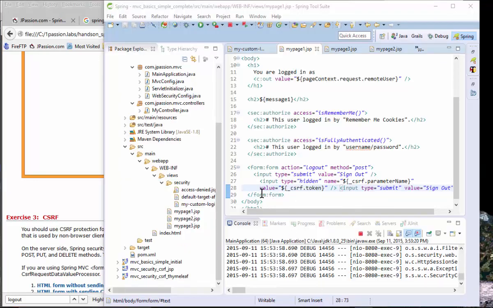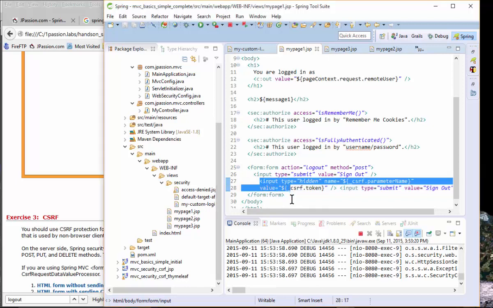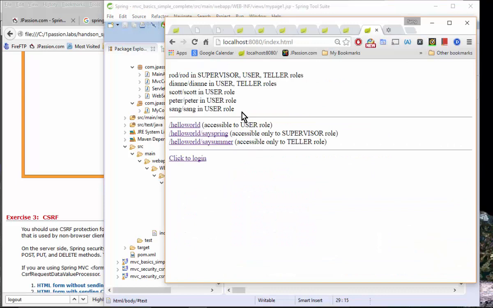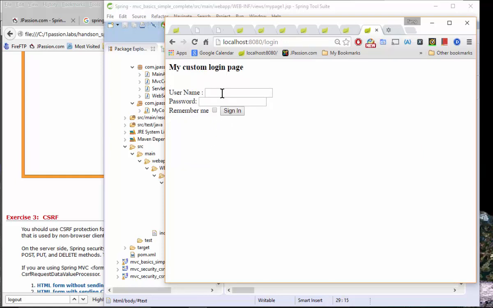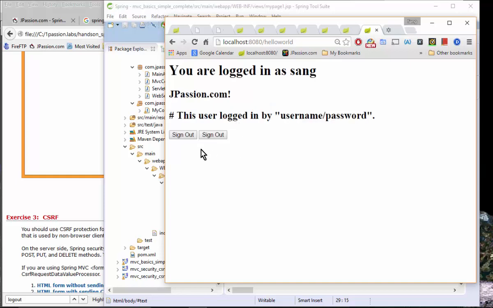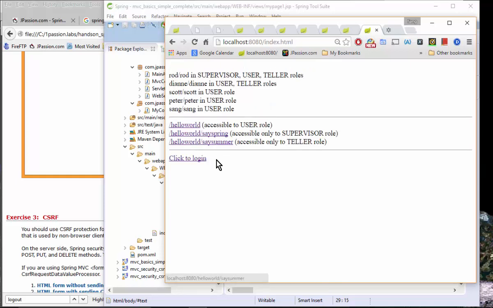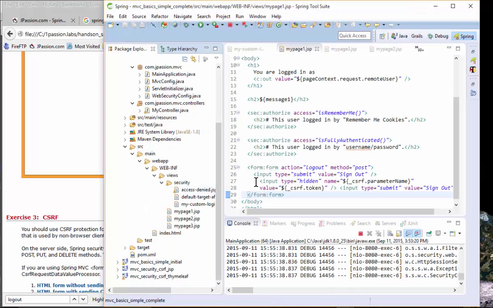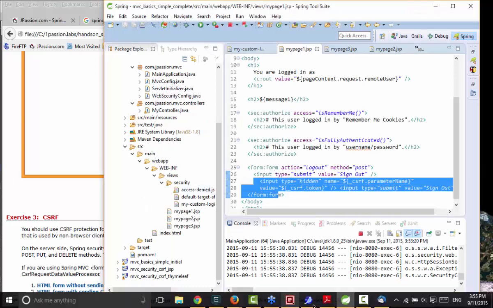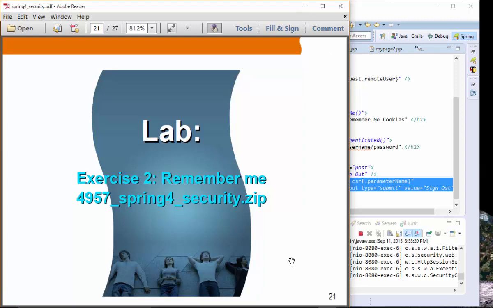Yeah, the reason my logout didn't work is because of the CSRF. So that's actually our next topic. I'm going to explain CSRF, and I'll explain why, when I tried to log out, at least this one didn't work, and these two should work fine. So when I log in, now it should work fine. Saying sign in and sign out. Now it should work fine. Yeah, the reason it didn't work is because of the CSRF thing. Okay, so that's our next topic, and let's move on to